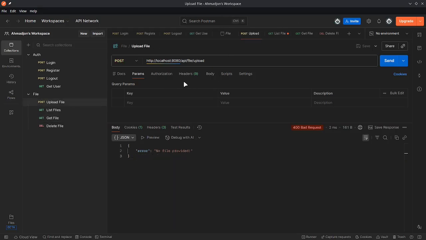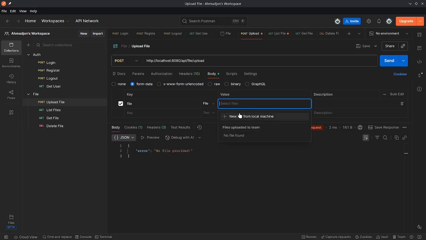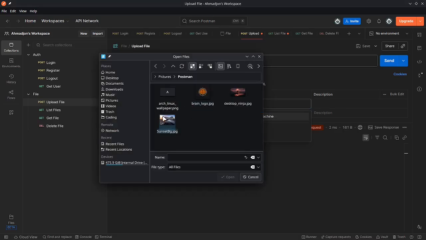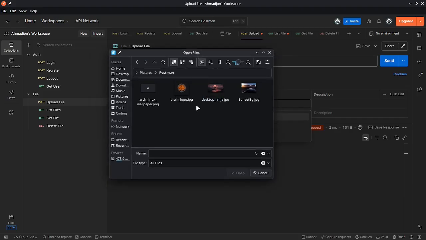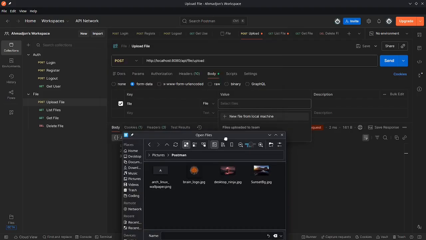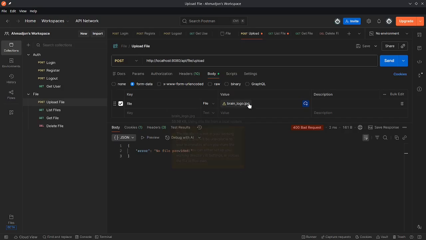Now you may ask, how do we upload a file in Postman? In Postman it is done very easily. We have to say form data in our body and say here file, then it should be this file. Then here you want to select a file from your file system. So I'll select one. I have already created those 4 images that I'll be working with in this tutorial. Let's first of all upload this brain logo file, and let's try to send that request, and it says file